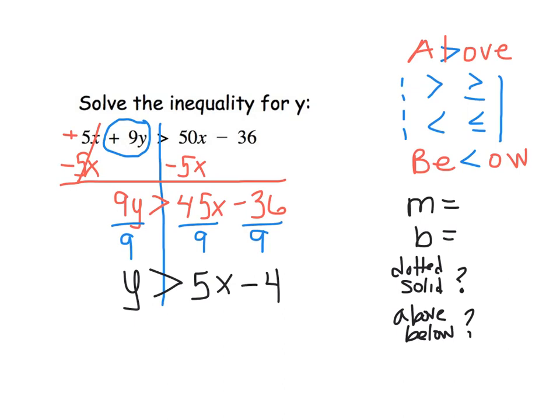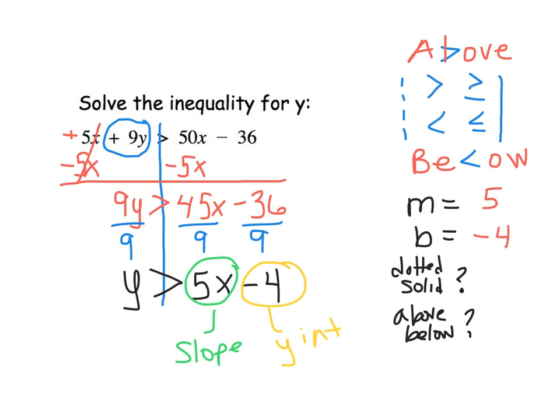My slope is always the coefficient to the variable, and my y-intercept is always the constant, the one without the variable. So if I'm writing this answer over here, my slope is 5, my y-intercept is negative 4, and then I'm